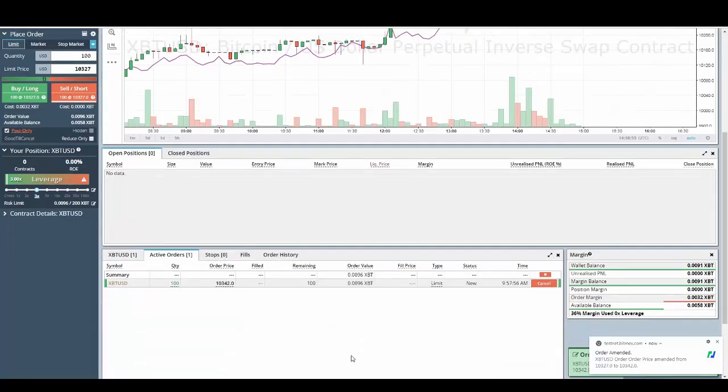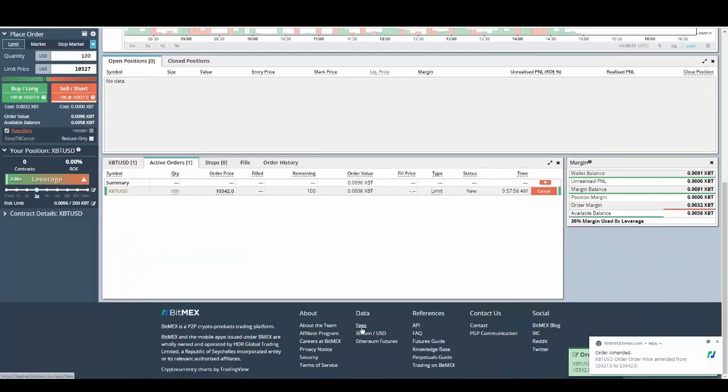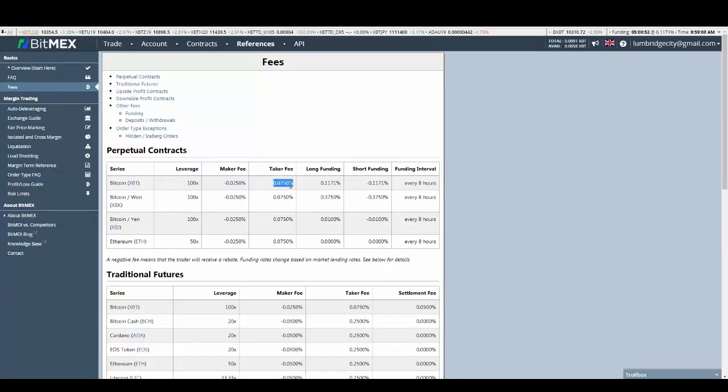And I encourage you to scroll to the bottom of the screen and click on fees. You'll notice that there are taker fees, which we paid when we did our market order. We had to pay the taker fees because we were taking orders that were available in the order books. With our limit order, we'll be paid the maker fees when our order is executed. So we'll be paid 0.025% of our trade size as a bonus for having been there to produce the liquidity